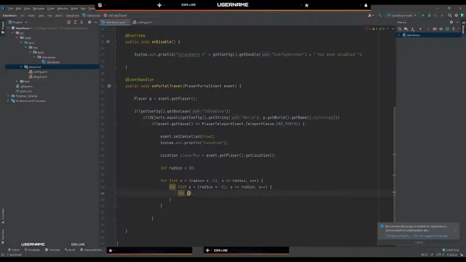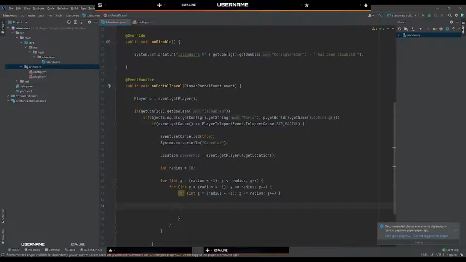For int z equals radius times -1, z lower than or equal to radius, and then z plus plus. There we go. So now we have looped through every block on the x, y, and z axis in a 10 block radius around the player. So now we need to